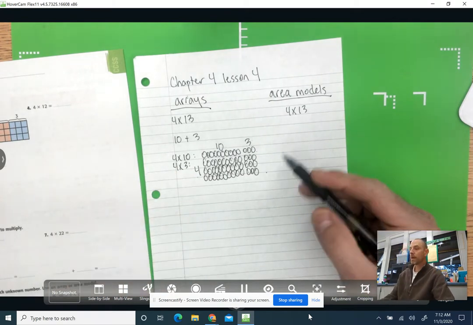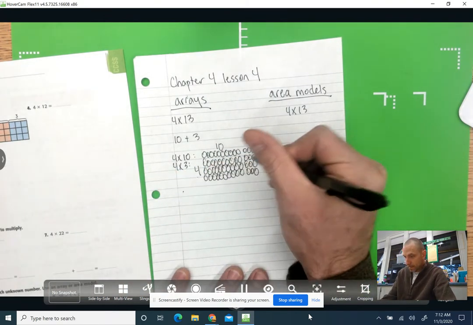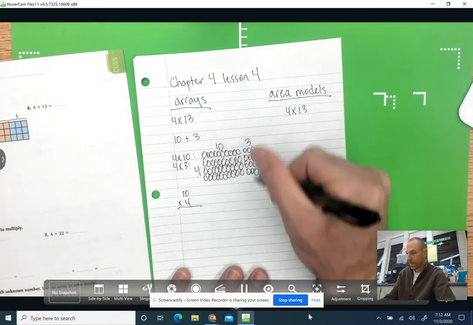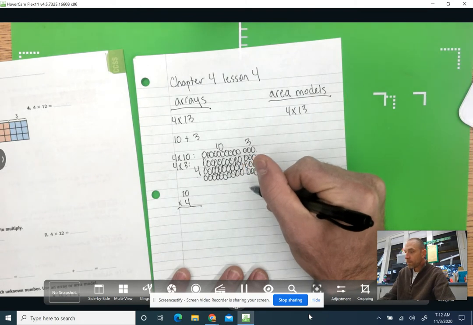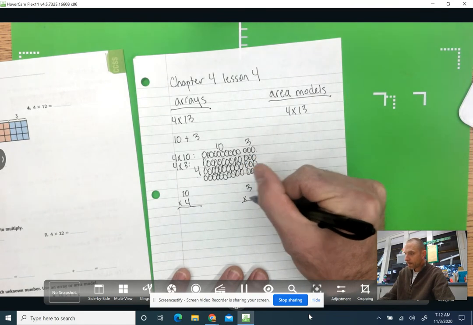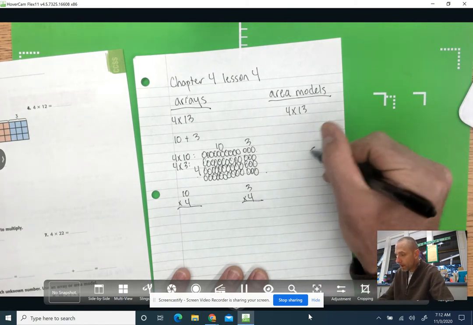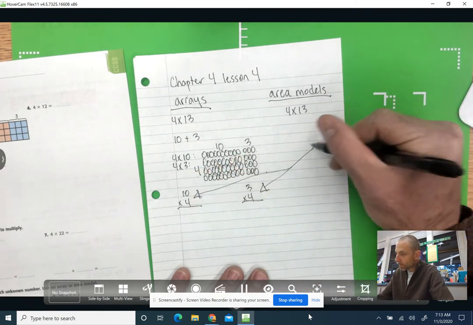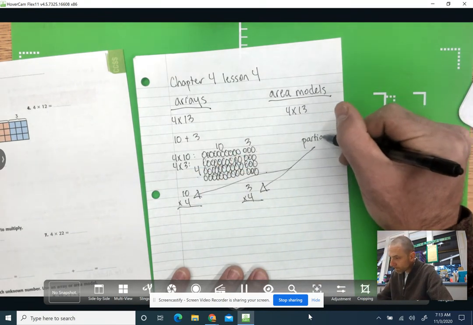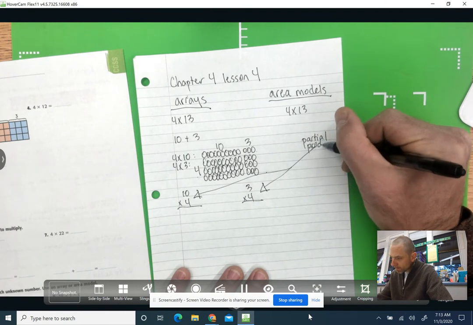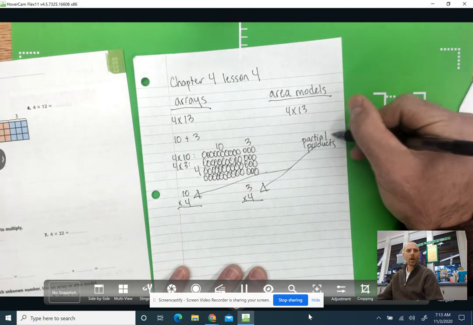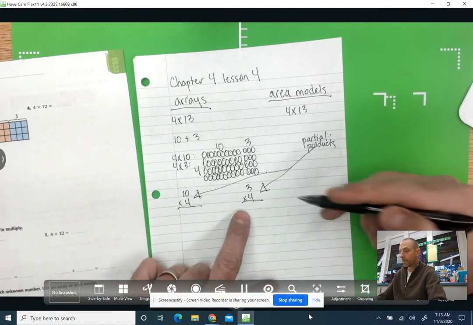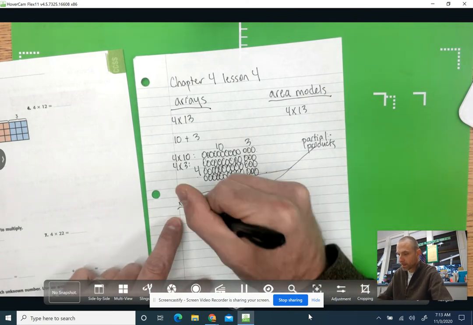All right, we got our 2 sentences. Now let's combine them, okay? We have 10 times 4, okay? And we have 3 times 4. Okay? And we call these partial products. Partial means part, right? Part. We took 4 times 13 and broke it into 2 parts. So when we get this product, 3 times 4 is 12, 10 times 4 is 40,